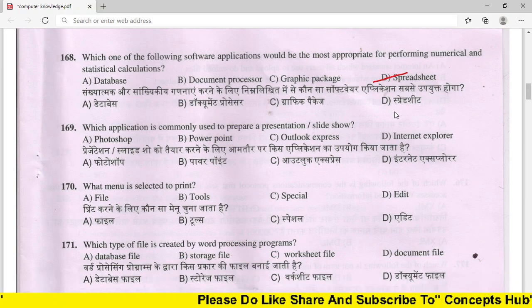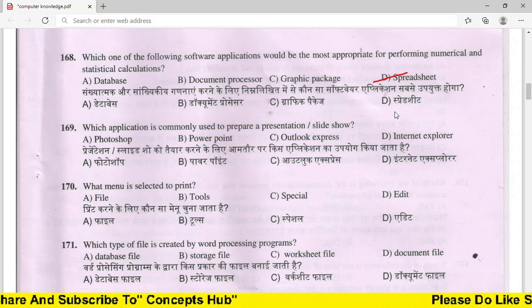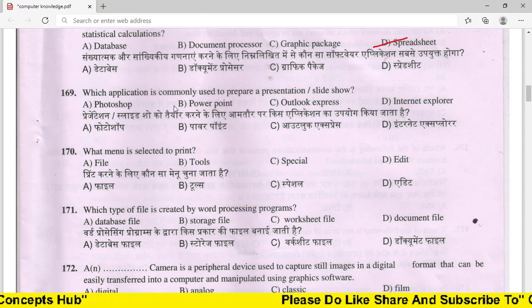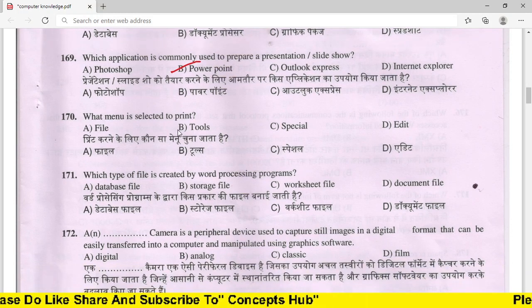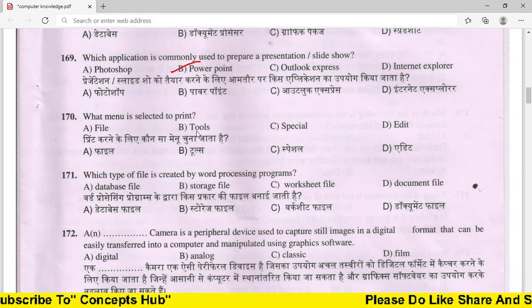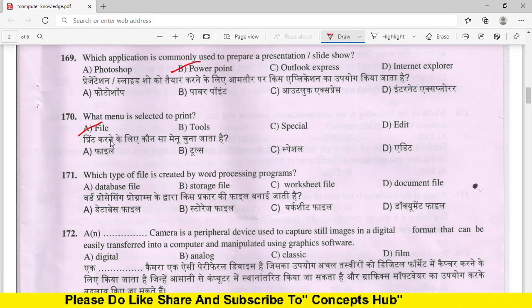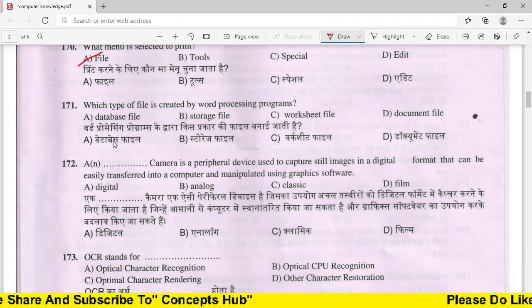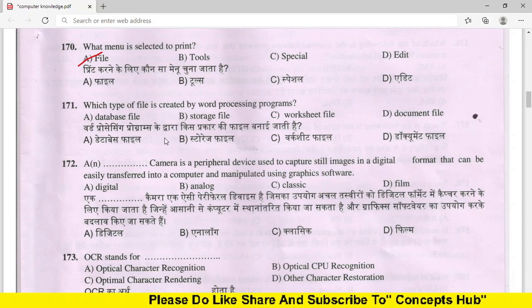Next, which application is commonly used to prepare a presentation or slideshow? This is PowerPoint presentation. Next, what menu is selected to print? It is file. Which type of file is created by word processing programs?